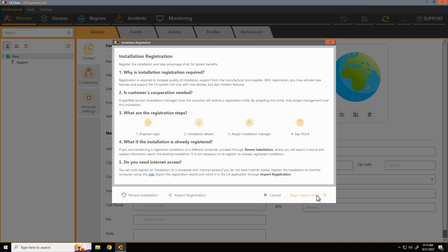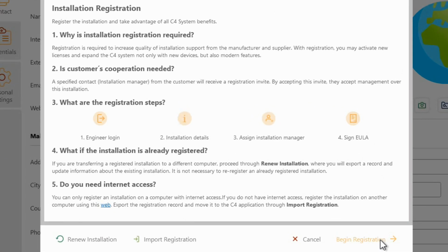Registration takes place in several steps, during which you are required to fill in the basic information of the installation accordingly. The Renew Installation option is used in case of reinstall or transfer of the C4 server to another computer. If the computer on which the registration is performed does not have internet access, you may register the installation on my.c4portal.com/licenses and transfer the registration pack to the C4 application using the option Import.